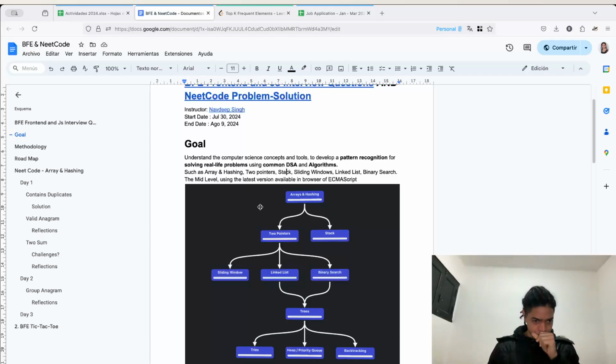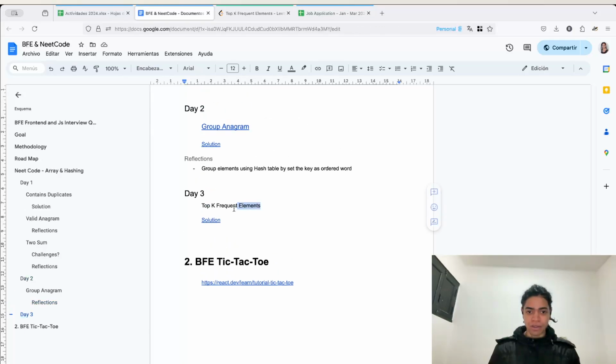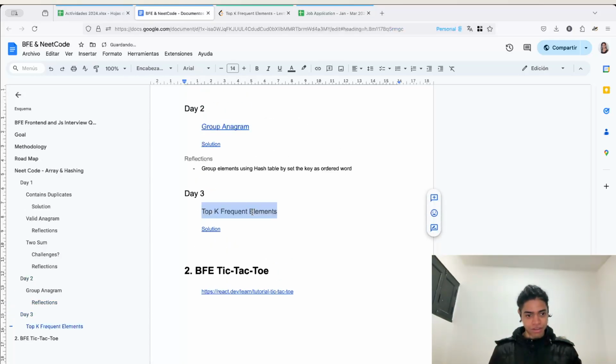And when it comes to identifying elements in a collection of values, how useful is a map as a way to identify them? And last but not least, and I think that's a very interesting topic,